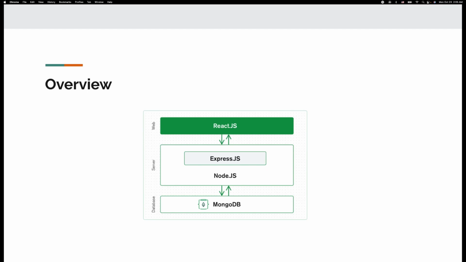And for the database, we learned MongoDB. It is a non-relational, NoSQL database that stores data in a flexible JSON-like format known as BSON, which is binary JSON. It is well suited for handling large volumes of data and can scale horizontally by adding more servers. MongoDB is a non-relational database, which means it doesn't require a fixed schema, allowing for more flexibility in how data is stored. In a MERN application, MongoDB is used to store data such as user information, posts, product details,